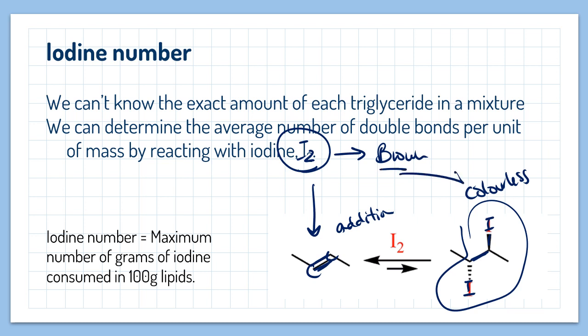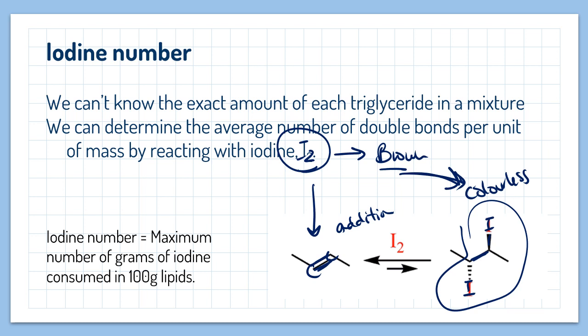It goes from brown to colorless. We add some more. It goes from brown to colorless. But at some point, we've added enough iodine to completely add to all the double bonds. There aren't any double bonds left for iodine to get added to. And so we can drip one more drop of iodine in and it'll stay brown. And at that point, we know that we have reacted with all the double bonds, and we can calculate with